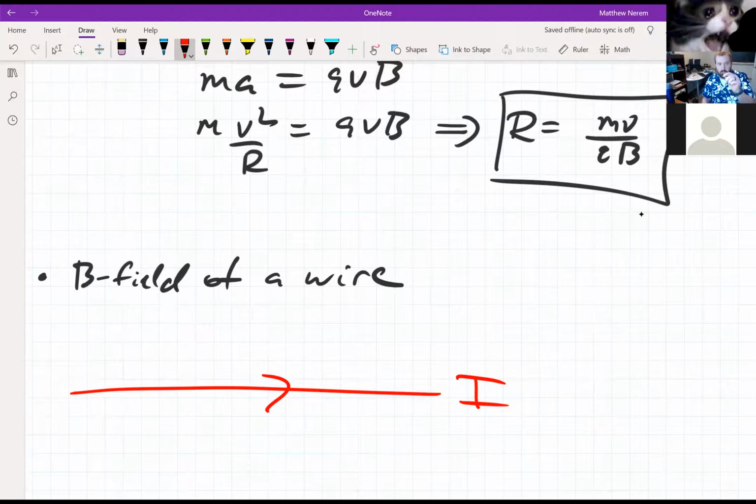Literally take your pen and have the pen point in the direction of current, and then you grab it, your thumb in the direction of your pen. And you're like, all right, I've got it, and I am going to curl this way. And that curling tells you which way the magnetic field is curling around. So for this guy, it'd be